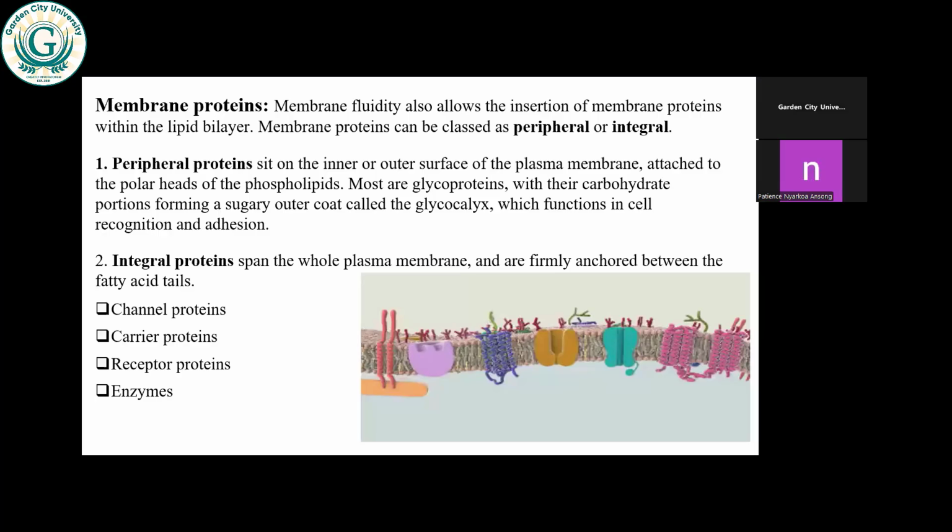Then we also have receptor proteins that, upon a ligand or chemical binding to them, change their shape and then enable that chemical to enter the cell. So basically, they also help with transport. Then we also have enzymes that speed up the rate of chemical reactions within the cell. Some also help with transport. We'll talk more about them.